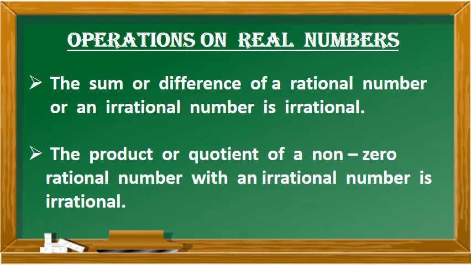The same is with the quotient also. For example, when you divide 3 by square root of 5, rationalize the denominator. So you will get 3 by root 5 into root 5 by root 5, where you will get 3 root 5 by 5. So you are getting the irrational number in the numerator. So when you multiply the numerator and divide it by the denominator, you will get a non-terminating, non-recurring decimal expansion, which is irrational.